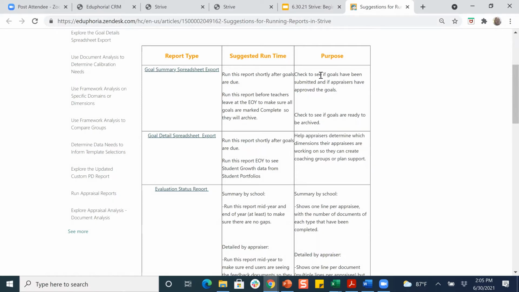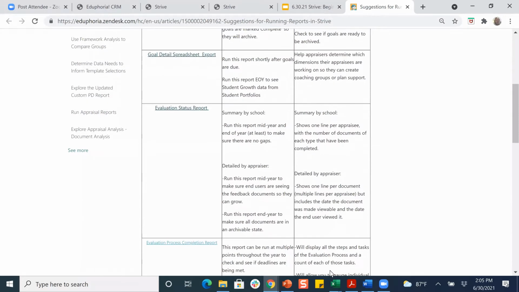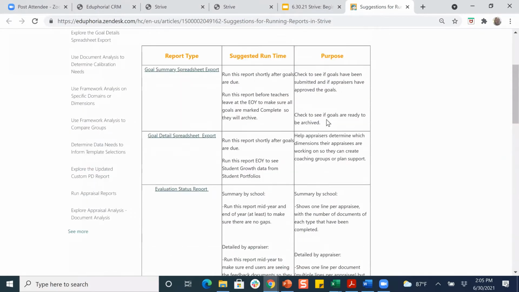What data are they looking for? How are you going to use that data, and see if this is the report that's going to be the good fit for you. So we've outlined all of our reports and what they're used for and when we recommend